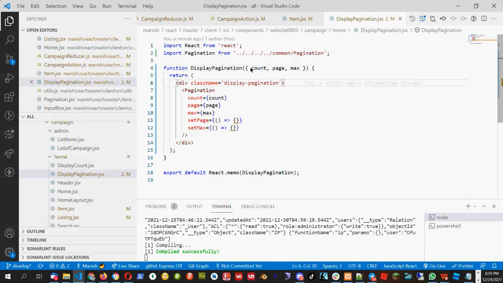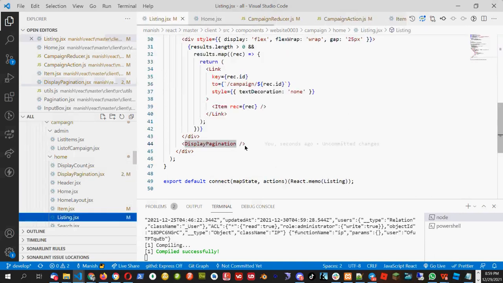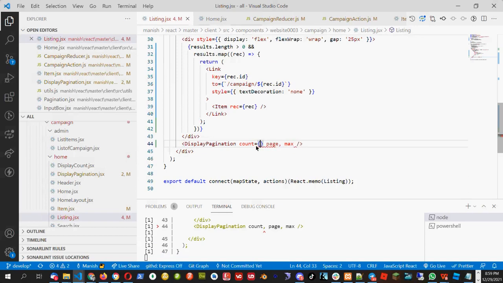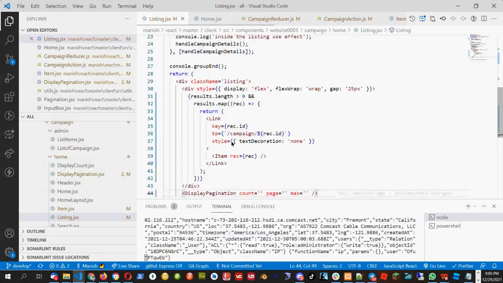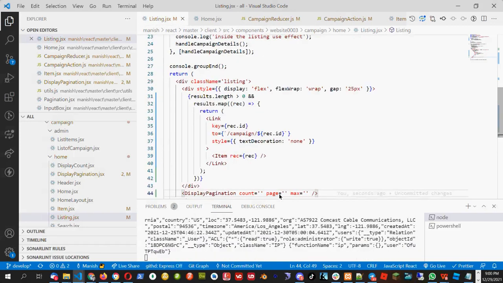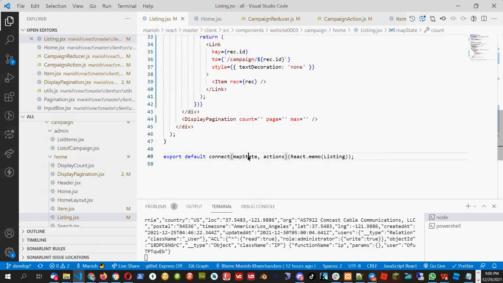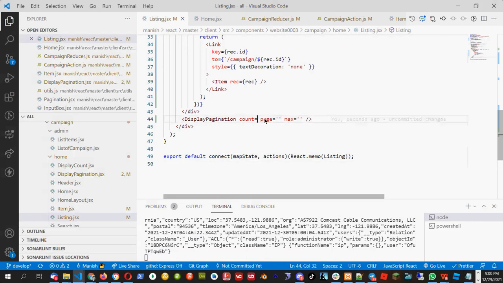So first take care of these three. Right now I'll just put empty values because I don't have the value on this page to pass. Though we have the count, so at least I can pass the count.